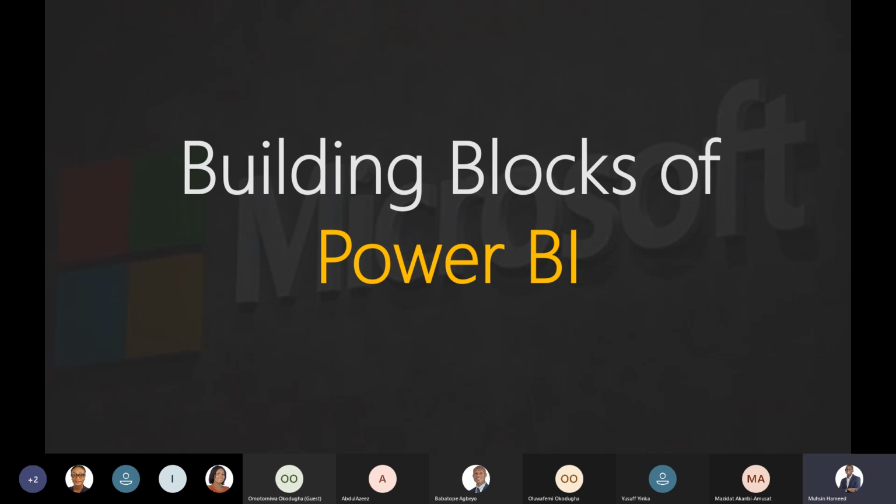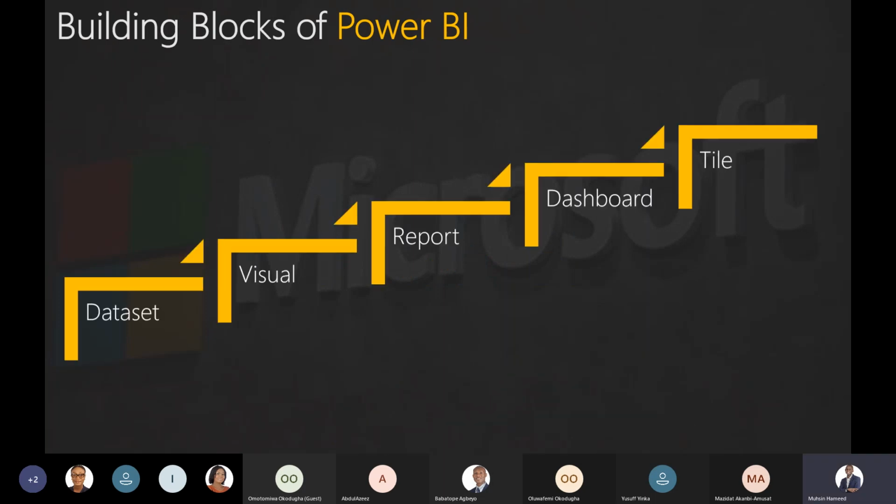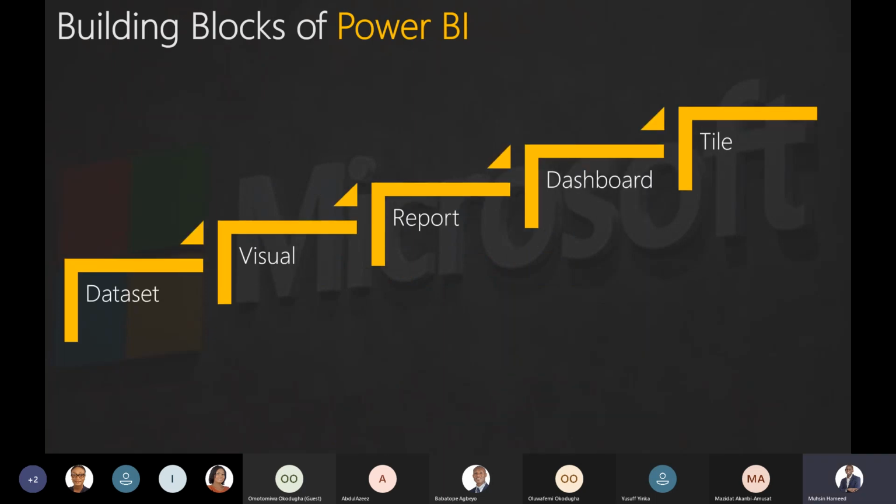There are 5 things essentially when it comes to building whatever thing within Power BI. And these are those things. We need to understand what each of these means, and also how one would lead to the other, so that we don't begin to confuse certain things.